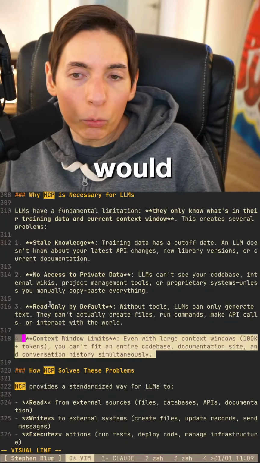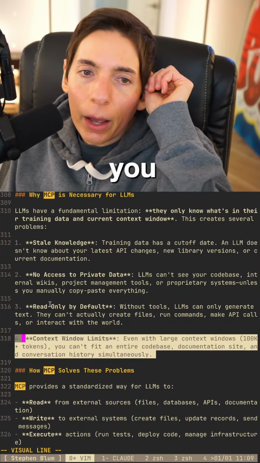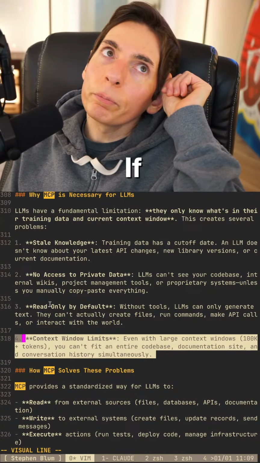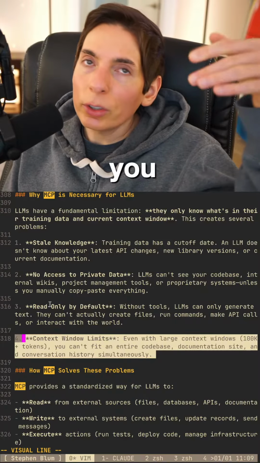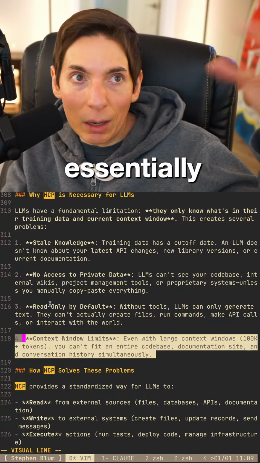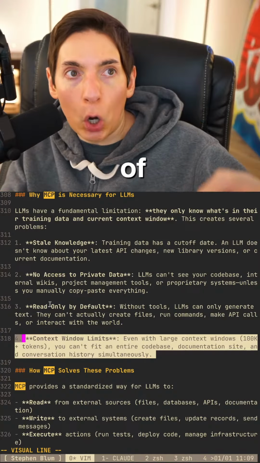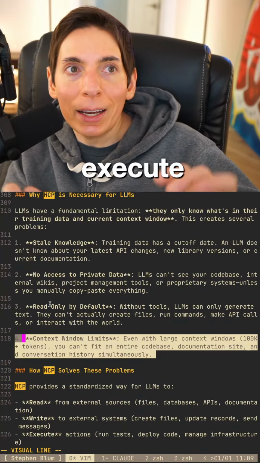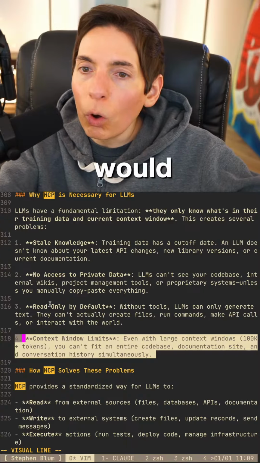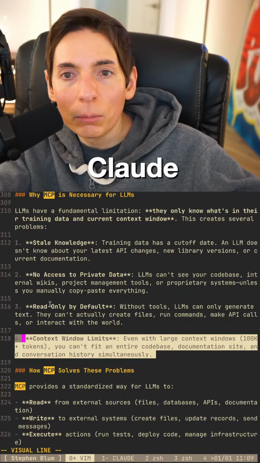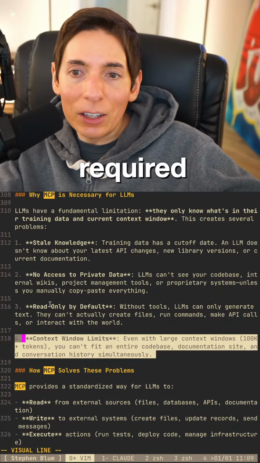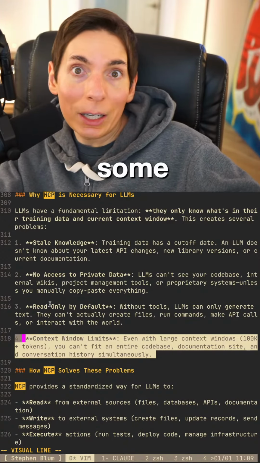It could. It depends. So let's think about that. If you are already using maybe Python and it's doing that work for you and it's already coded, that is essentially what the MCP is. The MCP is a bunch of code that the AI can then execute in a deterministic fashion. So if you've got a common pipeline where you would want to use it in a code generator like Claude, then an MCP would be beneficial. You don't need it though. It's not required. It's just there to help accelerate some of your day-to-day tasks.